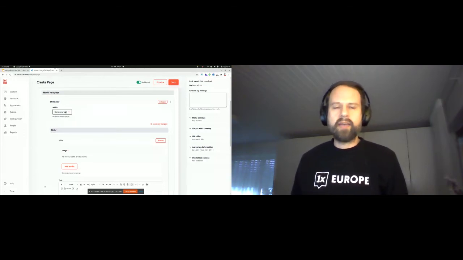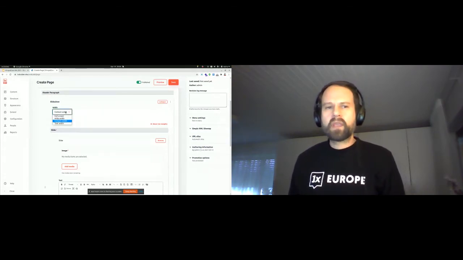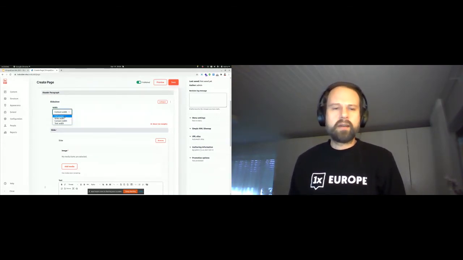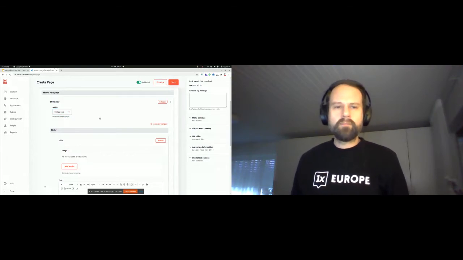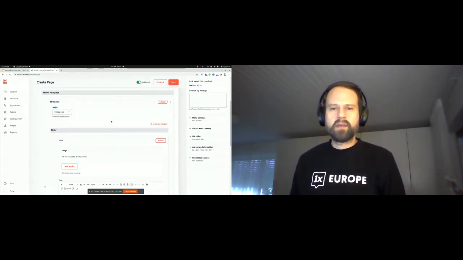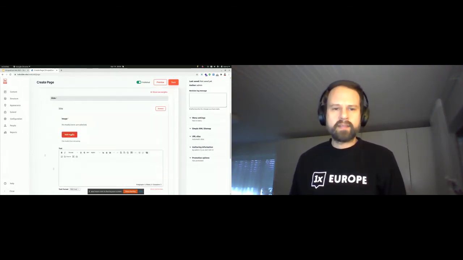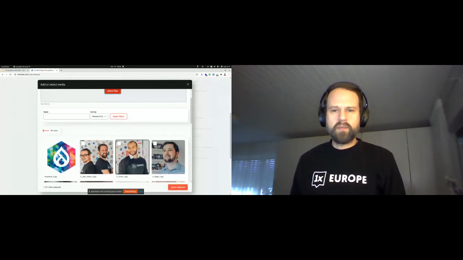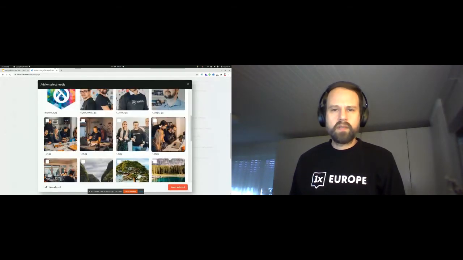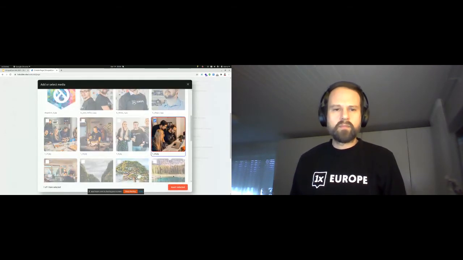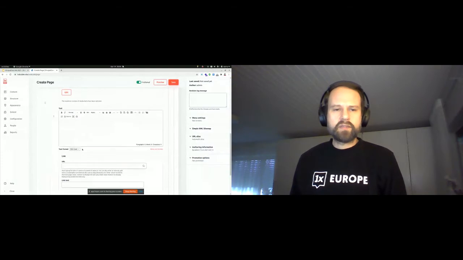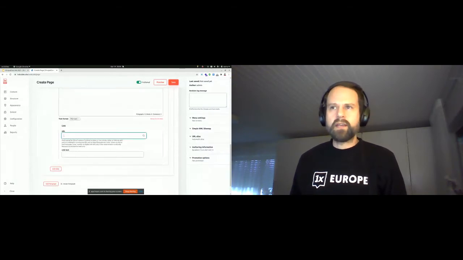Since we're just having a hero slider here, we will go full screen, or full width to be more precise. I'm just going to add some media, just an image here, maybe a team image, and then we could add some text, but we're just going to add a link here to the DrupalCon,